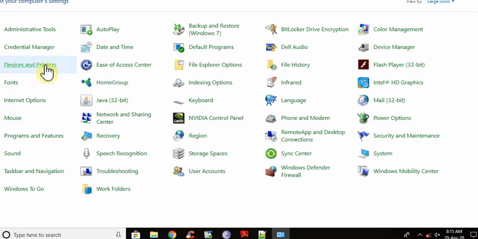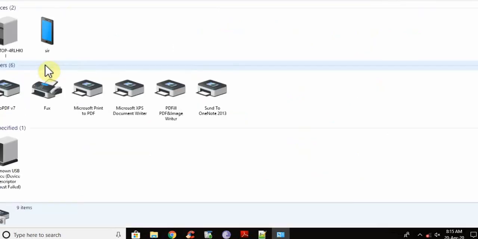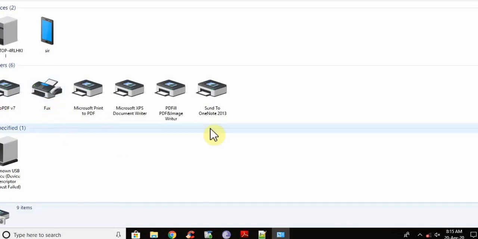I have just clicked. You can see that these are actually printers. Now I have attached many printers and fax machine to this system. This computer is a part of network, so you can see there are many printers and there are modems also.